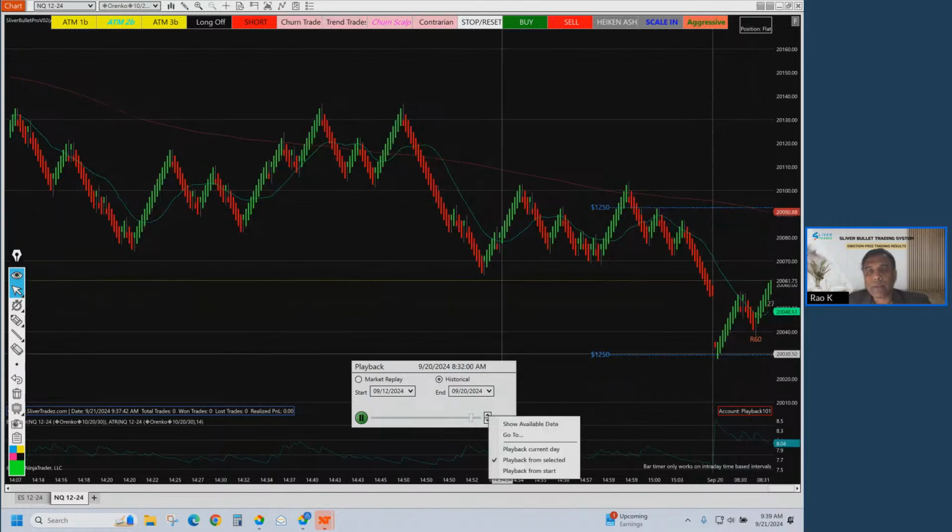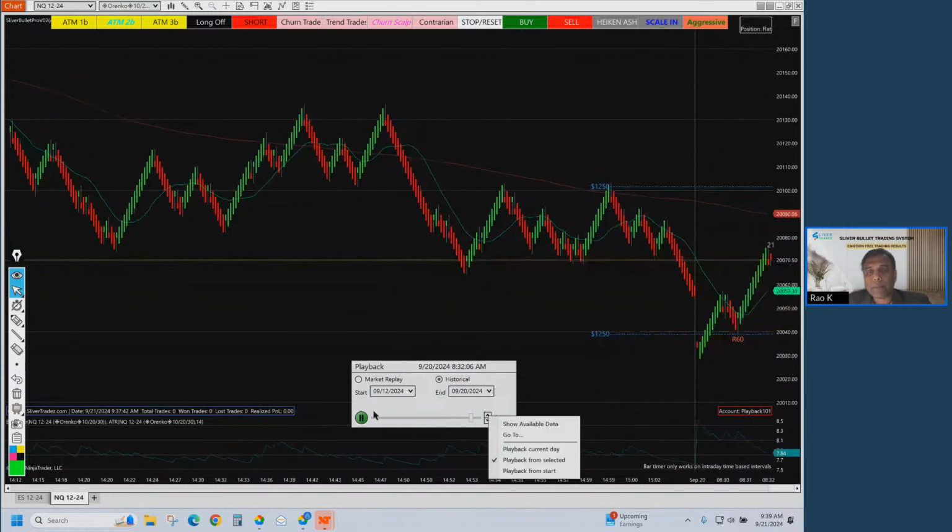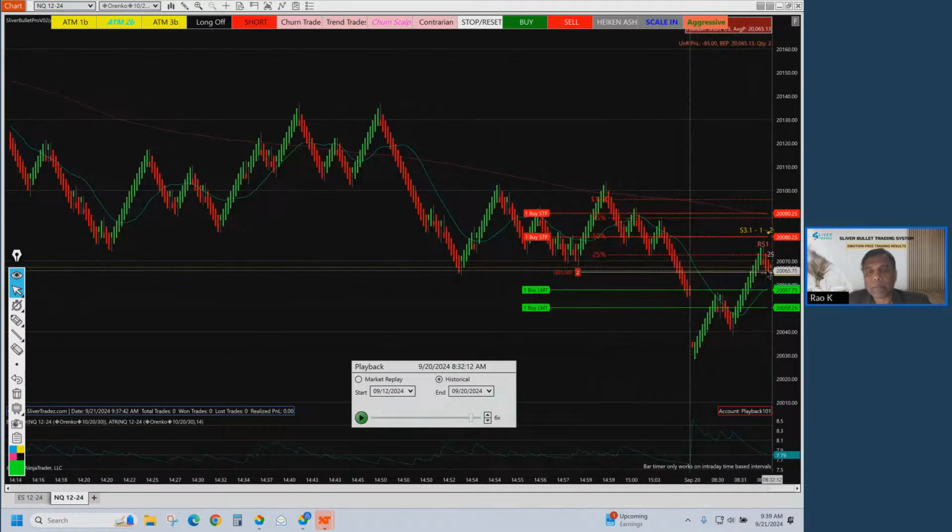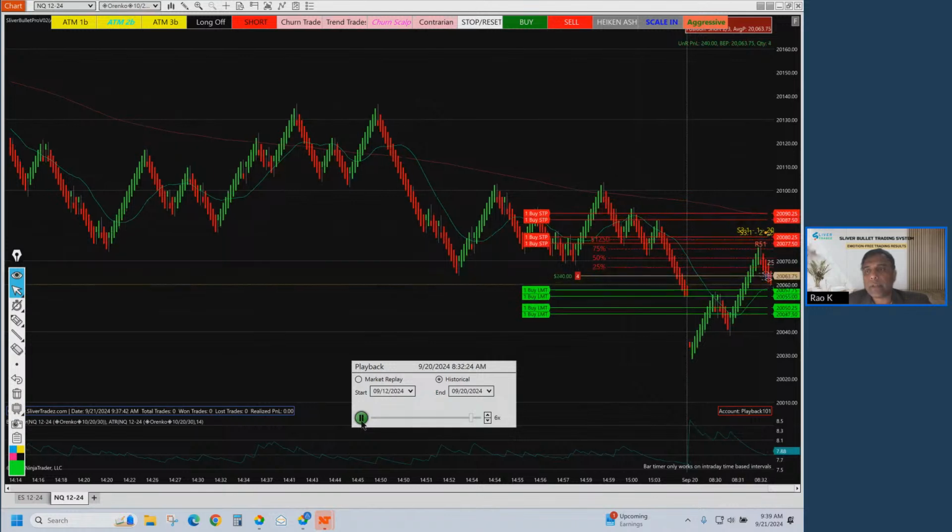So waiting for the trade. Order filled. So the first trade took place here. The price went above the green line and started to come down, and the trade took place here. So the green bars are the target bars, and the red bars are the stop bars. And we'll see. Order filled. Target filled.